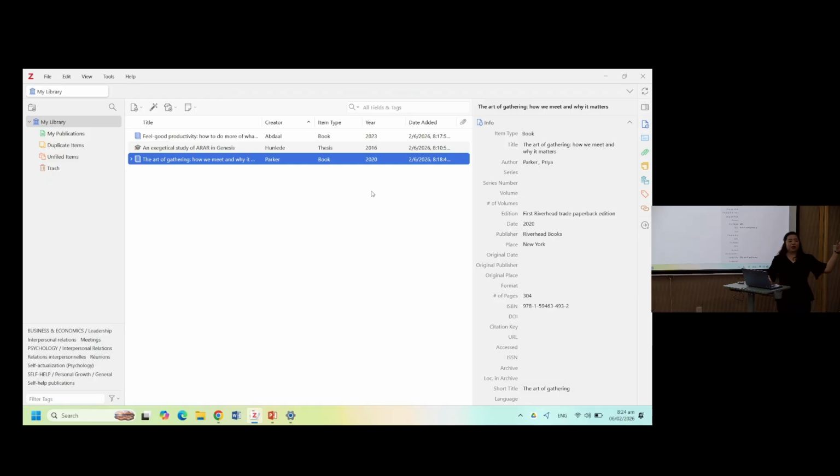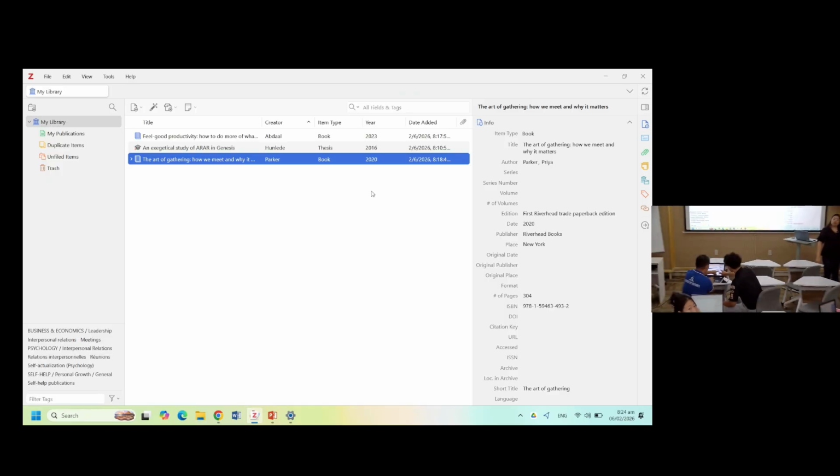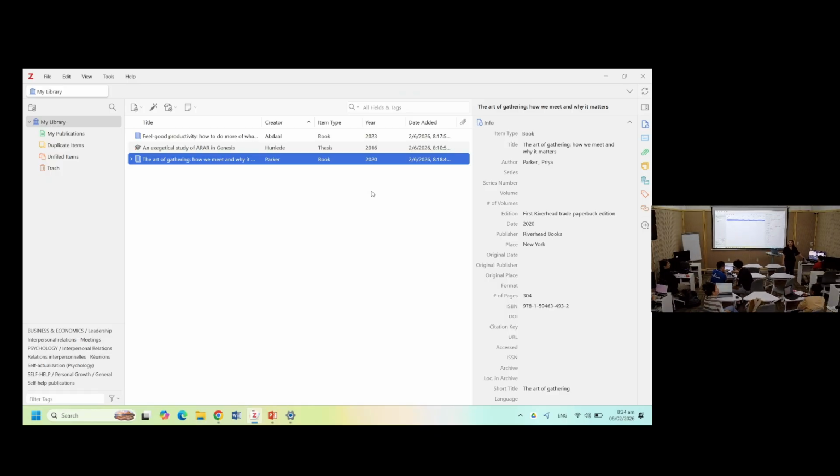Any other question? Yes. We tried to add a book from Google using the ISBN number. Does it have an ISBN? Yes. Basically, Zotero generates and imports information from particular libraries, which are the Library of Congress and the British Library only.